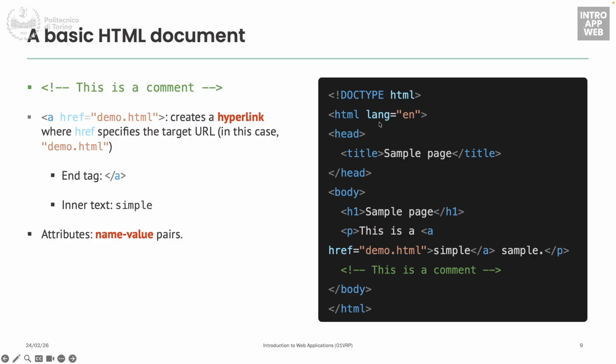So it is always the key, that is a specific word, a specific attribute, and the value of that attribute. So it always works as name-value pairs. And let's see it in practice. Okay, so